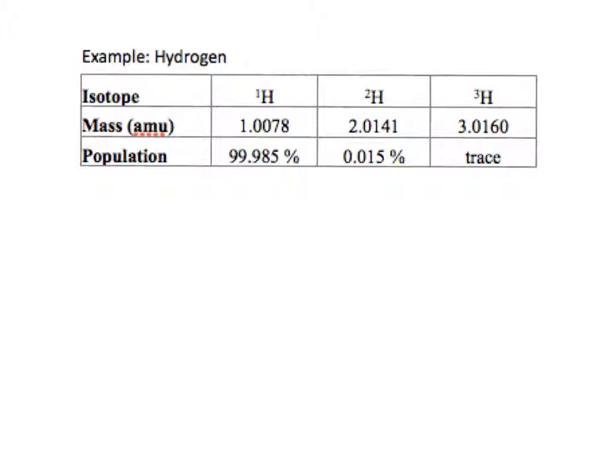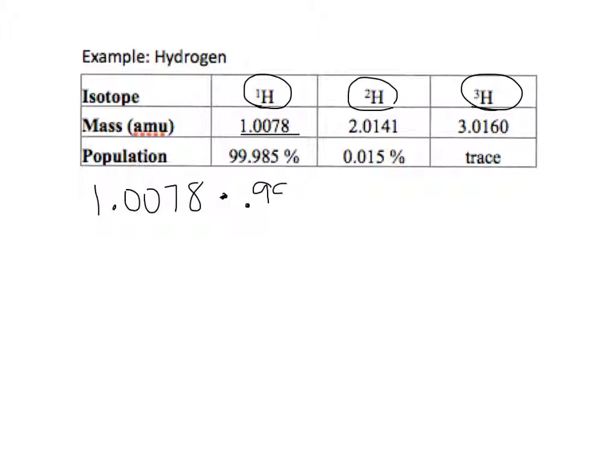Okay, so this sample question is one that they'll give to us in a chart form. We're going to take the 3 different isotopes of hydrogen, hydrogen 1, hydrogen 2, hydrogen 3, and we're going to calculate the average atomic mass for hydrogen. The mass of hydrogen 1 is 1.0078, and the relative abundance is 99.985% of the population. And so again, we will move that decimal 2 places, so we'll have 0.99985, and we'll go ahead and do the math of that. So 1.0078 times 0.99985